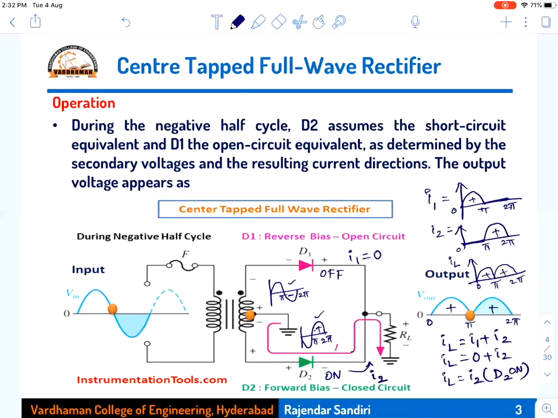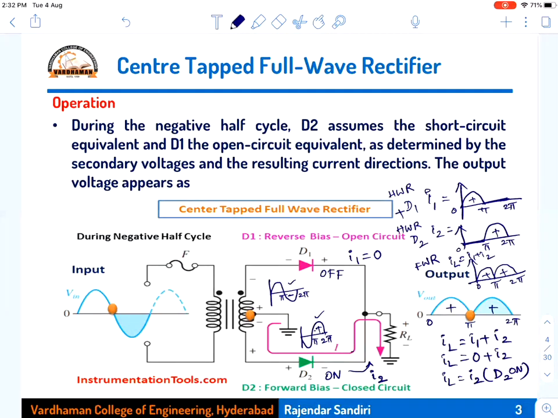Okay, so total current IL will be I1 plus I2. So waveforms for I1 and I2 will be like that. I1 is in the diode D1, I2 is in the diode D2. So this is one half wave rectifier output. The D2 is another half wave rectifier output. Then both half wave rectifiers are added. Then you will be getting the output as a full wave rectifier, which is IL equal to I1 plus I2. So that is the operation of this one.